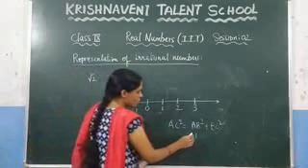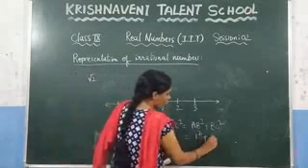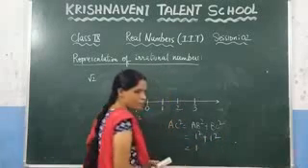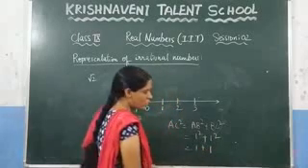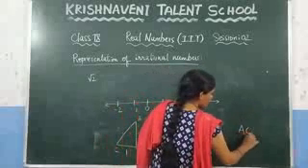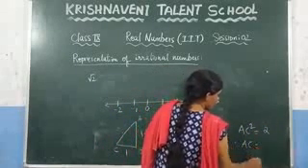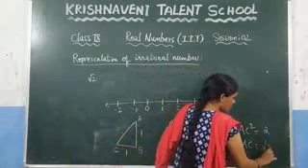Now consider this side as 1 and consider the side BC as 1. So here, what is the value of 1 square? You need to multiply 1 two times. 1 into 1 which is 1. Here also 1 into 1 which is 1. What is the value of 1 plus 1? Which is 2. So we got it here, AC square is equal to 2. So what is the value of AC? You know that if you take the square to the right hand side, what will it become? It will become root 2.